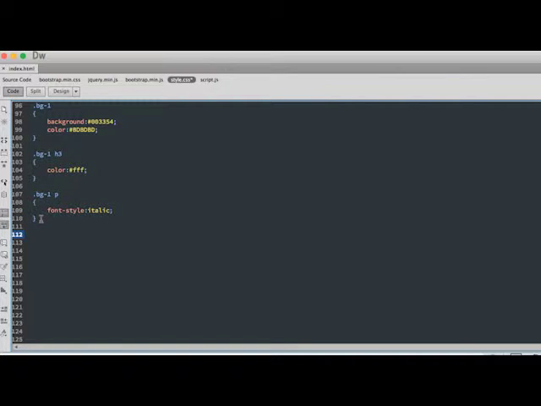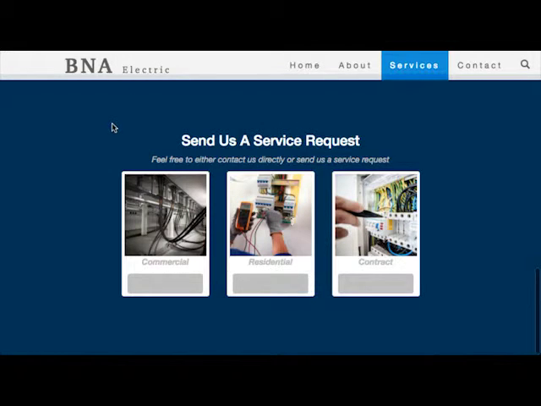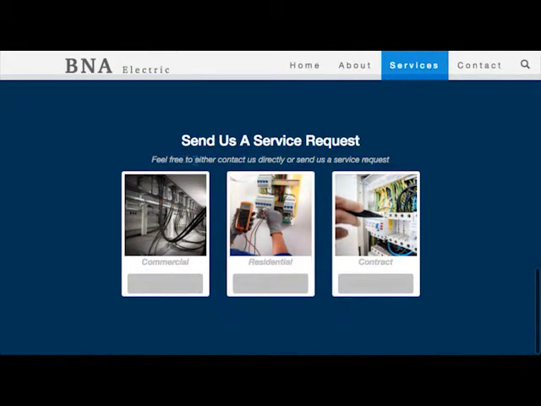Once I have that, I want to maybe save it. Let's refresh this. So there you go. So I have the blue background. This is italics with the grayish. I want to delete the borders, and then we're gonna add the color to the